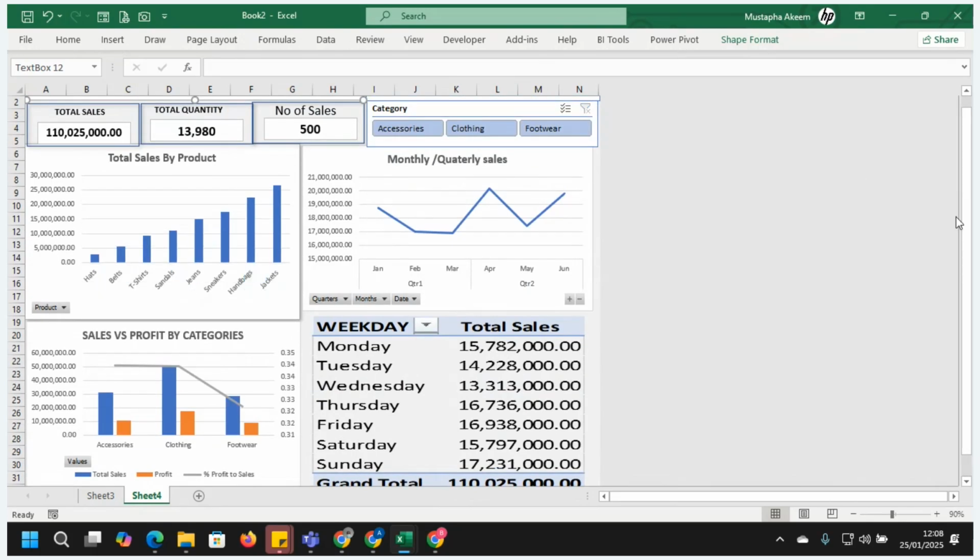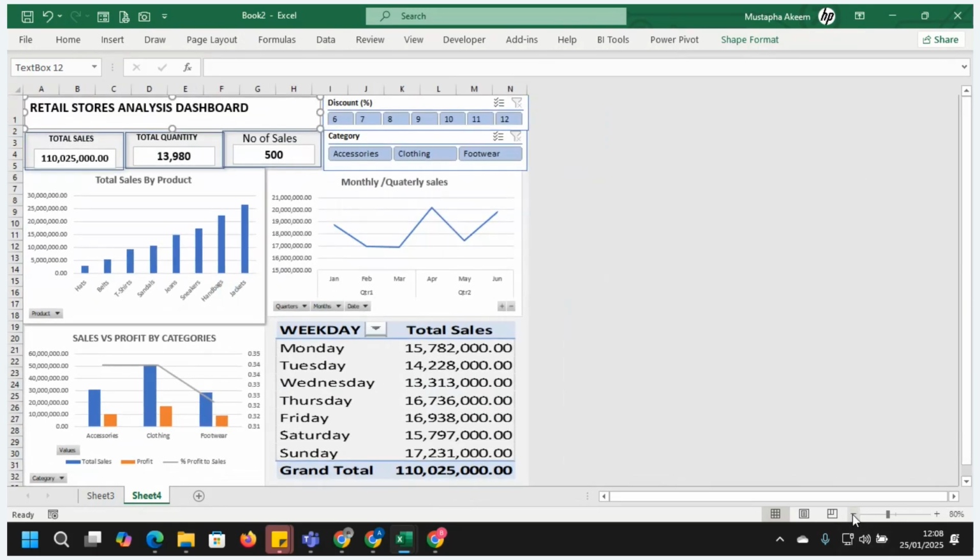So let me reduce this. You're able to see everything at a glance. So here is the analysis of sales, this analysis in the last 1 hour plus. You can see what we have achieved with that simple data. With this, it will help the salesperson or the retail shop owner to know what has happened to his sales over time, which product is giving more sales, which is giving more profitability, and you can add as many charts. You can make our charts 4 or 5, so you can fill this place.